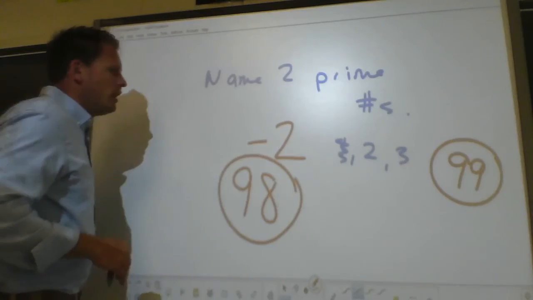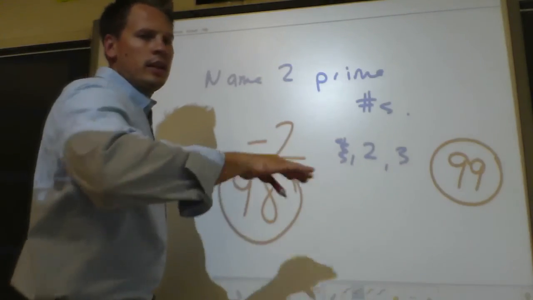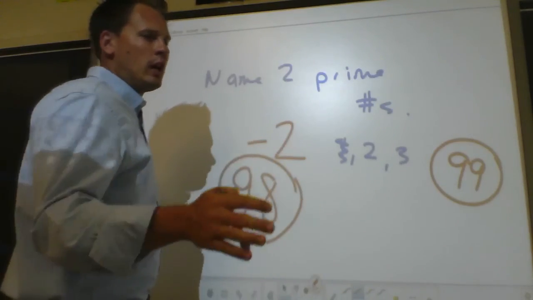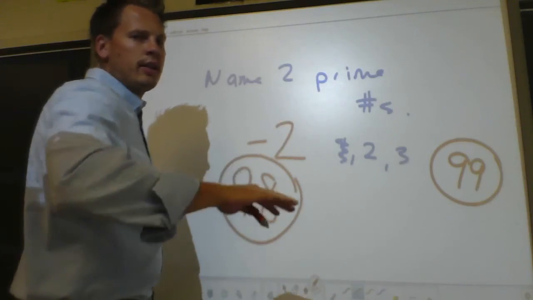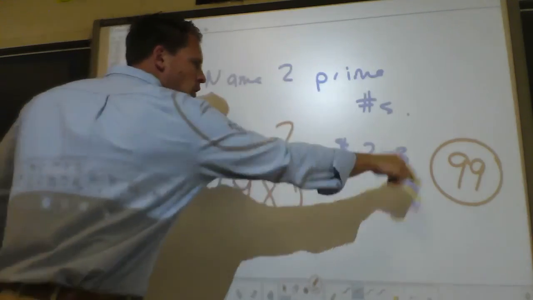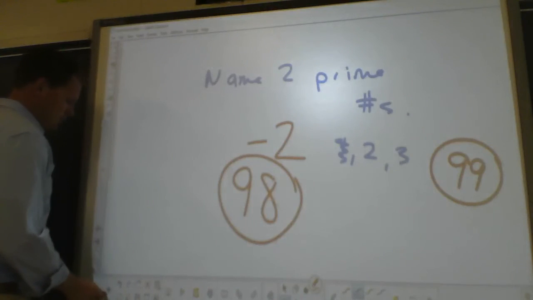You can make fun of me. 1 is not a prime number. It's nothing. It's a weirdo. It's on itself. It's on itself. I don't even know what the name is for it, but it's nothing. It's a weirdo, and it gave me 2 points off my grade. All right, back